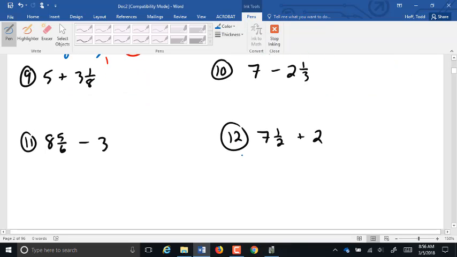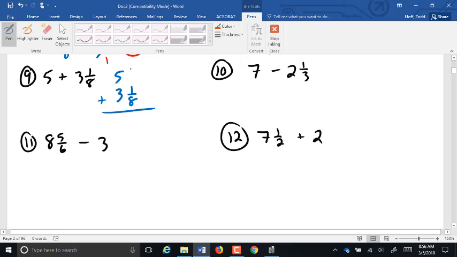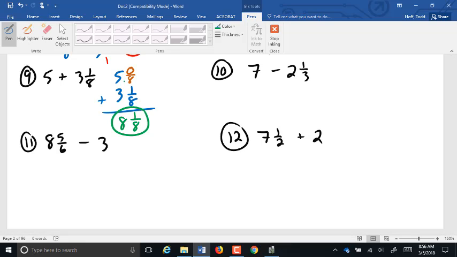So 5 plus 3 1/8. Well, the nice thing here is we always have common denominators. We just put in 0/8. 0 plus 1 is still 1/8. 5 plus 3 is 8. Now here you might ask, why did I not just do the 5 plus 3 is 8 and just keep the 1/8? That's fine, but when we go to subtract, we have to have that idea of 0/8 or 0 whatever